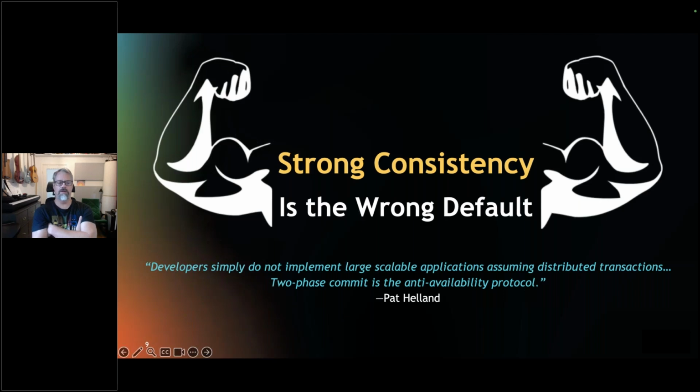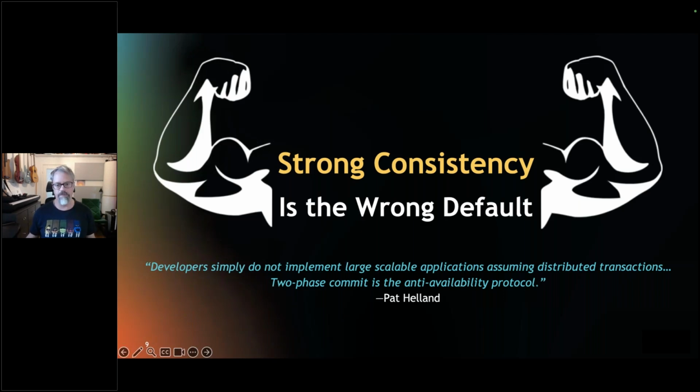And this might be a contentious one. Hopefully not today, but when I started talking about it a decade ago, it really was. And that is that I strongly believe strong consistency is the wrong default in distributed systems. Strong consistency is most often used just out of habit, and it's how we're used to build systems if we're coming from a centralized database world, or a centralized database with a monolith on top. It's often used out of habit and inertia, the way we've always thought about it.